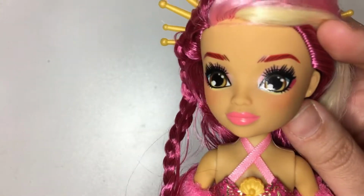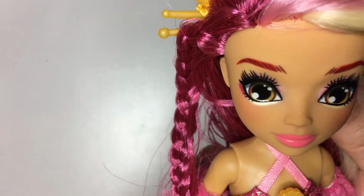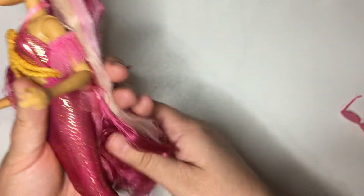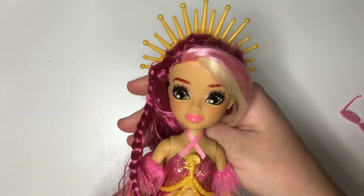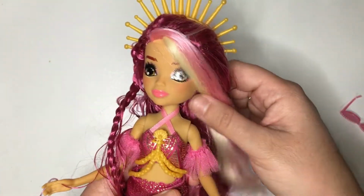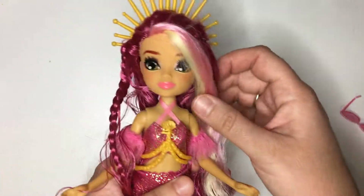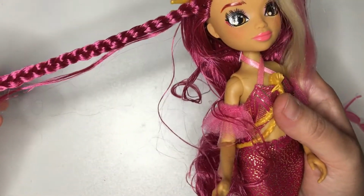The makeup is quite similar to the first doll, and she has eyebrows and then really nice pink lips, and her hair is really long, although it looks like it's not as long as for the first series, which is okay. One of the braids, I think this one, has a color change feature in UV light, but because I am filming during the night, yeah, we can't do this part. And then she has a braid on the other side,